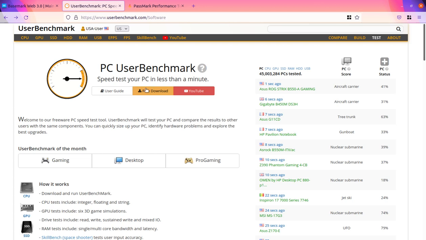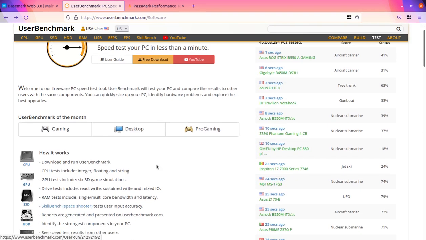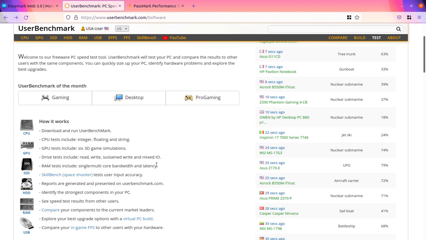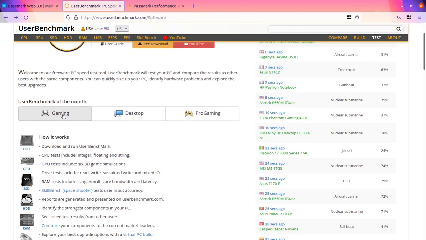I'm not going to download or install the software in this video. You have to do this for your new PC, and you can check all the parameters being used to decide a PC's CPU, GPU, SSD or HDD. So let us see how it works.